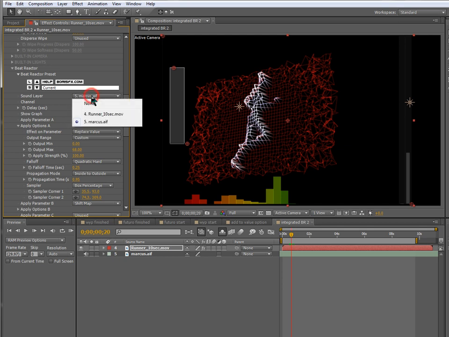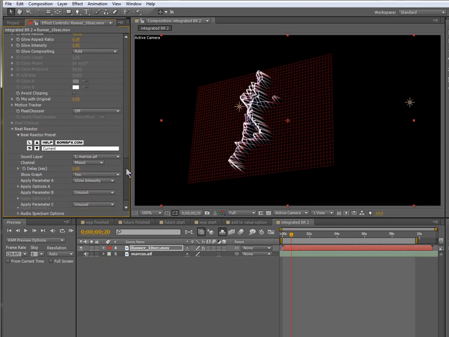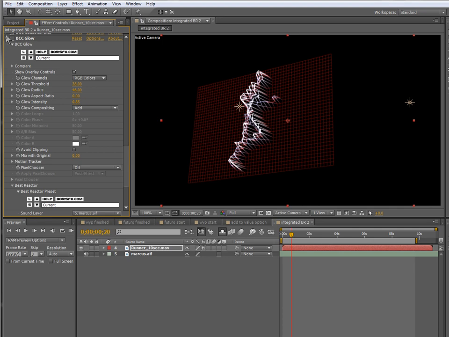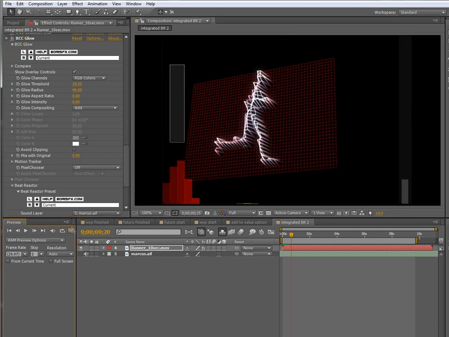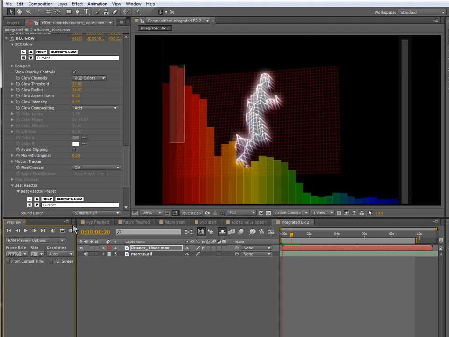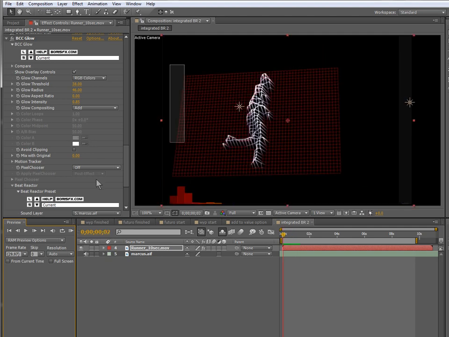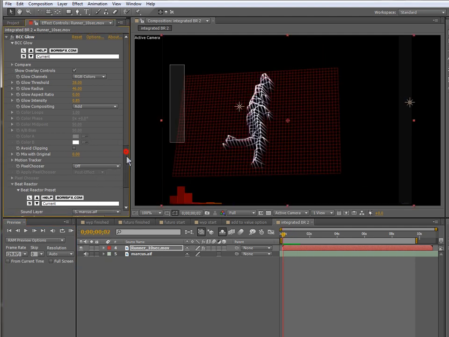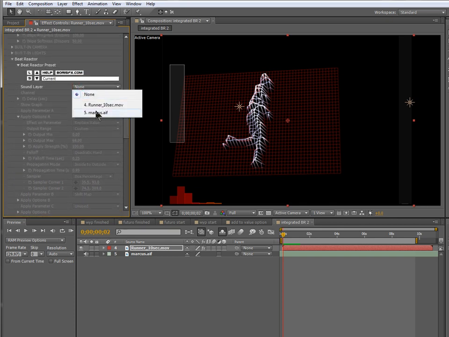So if I turn this off here and I just scroll down to my glow filter, here you see that I was able to basically load the same preset into glow. So that's what it looks like with only glow. And then if I enable the sound layer for this,